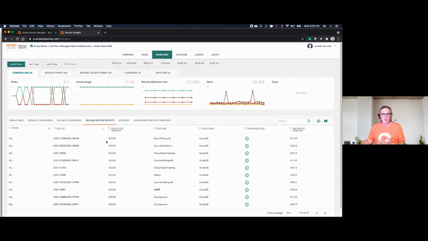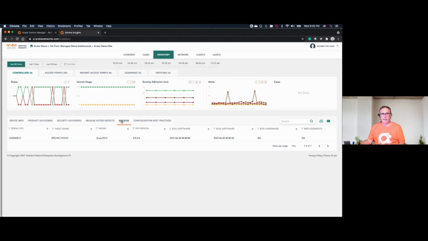Release noted defects. All of the release noted defects, including the bug IDs, including the feature and the platform, will be listed. And if you click on the exclamation mark, it will tell you if we know a symptom that's triggering that, what the symptom is. We know the scenario. The issue occurs when net destinations are used in routing ACL. The issue is observed in Mobility Masters running 8010 and later versions, and there is no workaround for this particular one. So that is really the level of lifecycle management that the system automatically provides, including